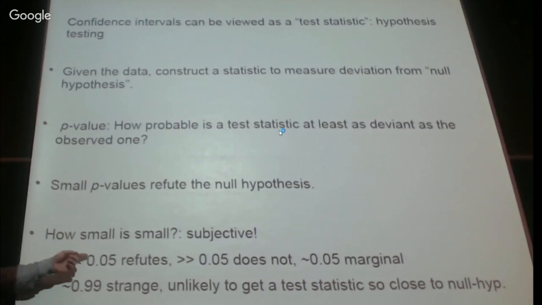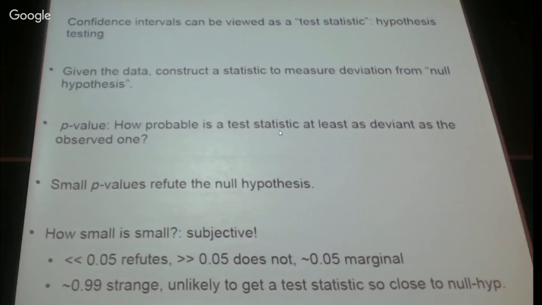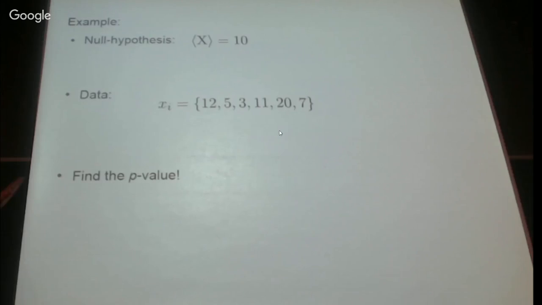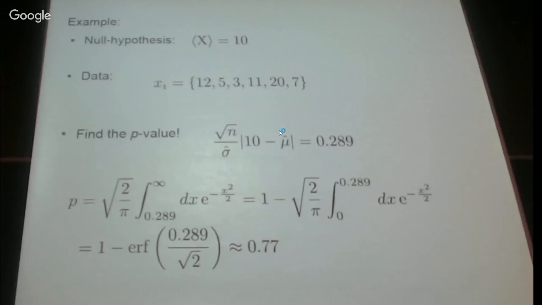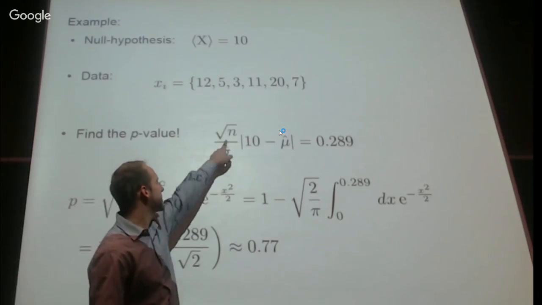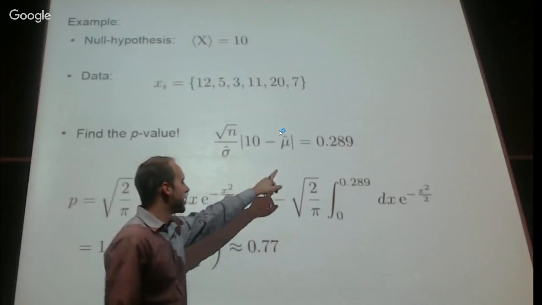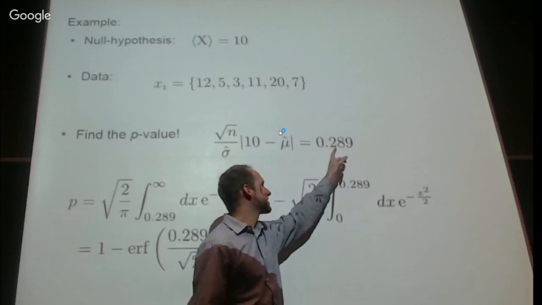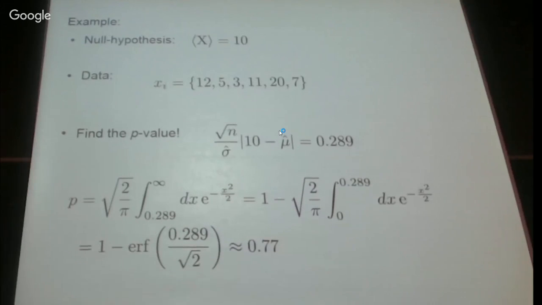And generally, I mentioned the threshold for refuting the null hypothesis was around 5% or so. The first example we did of calculating a p-value was just using the central limit theorem when we had a null hypothesis which specified the mean of a random variable and then measured some data. After taking the sample mean and rescaling it by the sample variance and square root of n, we came up with this value for our test statistic, 0.289. Of course,